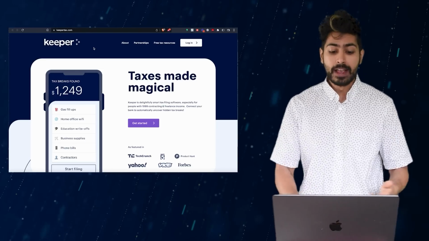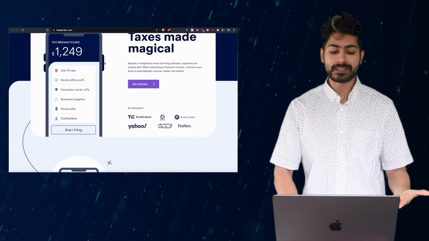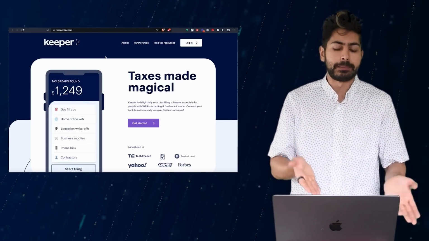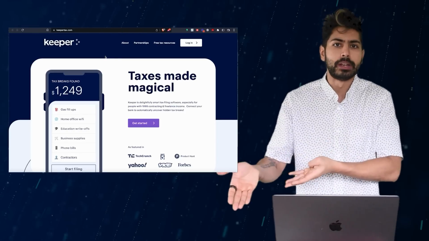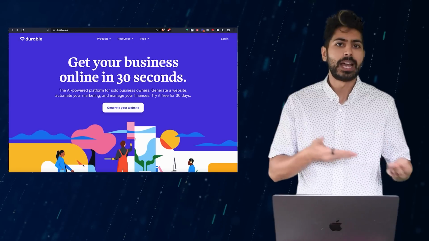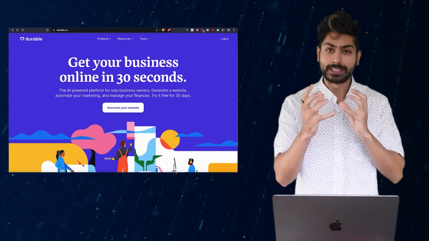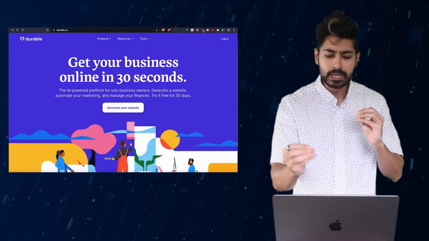And how do I know that this thing even works? Well, there's already an app that does this. It's called Keeper. They use GPT-3 to do this. Very similar app. This is probably dedicated towards a B2B company, but we can do this for students, or we can do this for different types of people. So that's that. And so once we know what we want to build, a tax-saving app using GPT-3, we're going